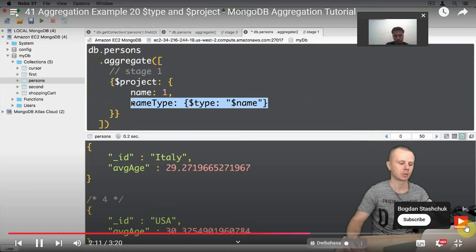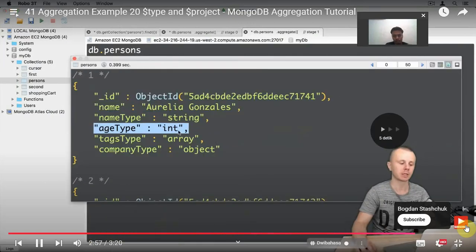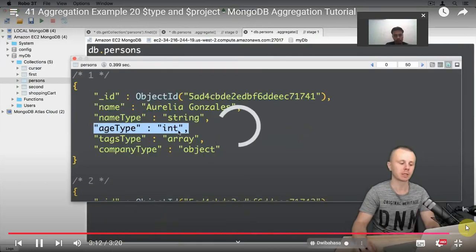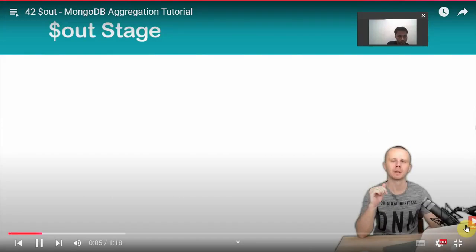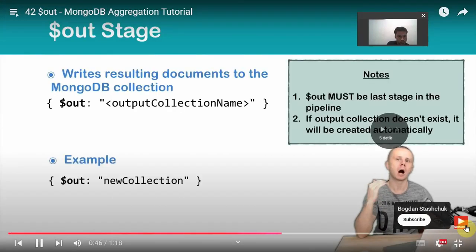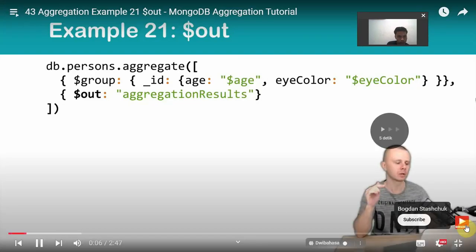fields, field, types of stage. The last this example allows object. Okay, let's go. Let's look at the example with